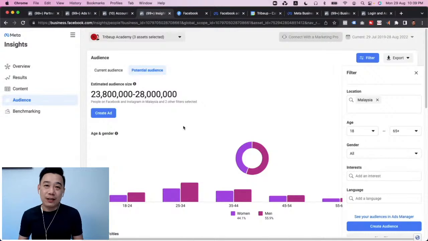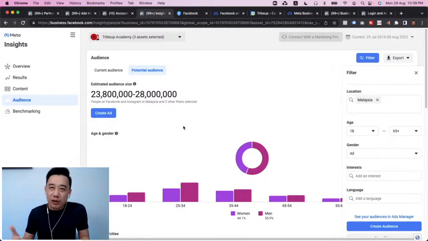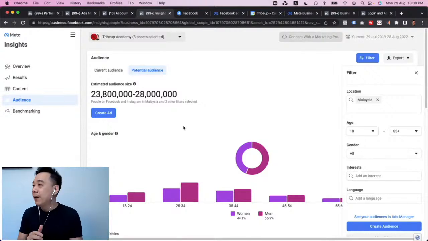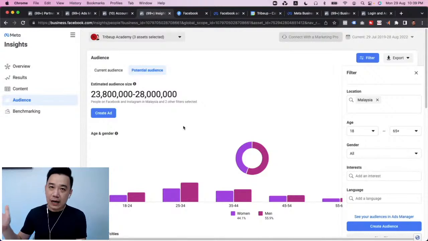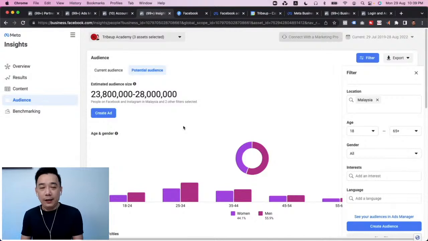But essentially, if you're starting with a moderate budget, let's say from $1 to $100, I would suggest that you start with 10 to 20% of your audience size. Malaysia has 28 million Facebook users in total, so I would say you can start with 2 million to 5 million. That's my quick answer, because you want to give your campaign some room to grow.